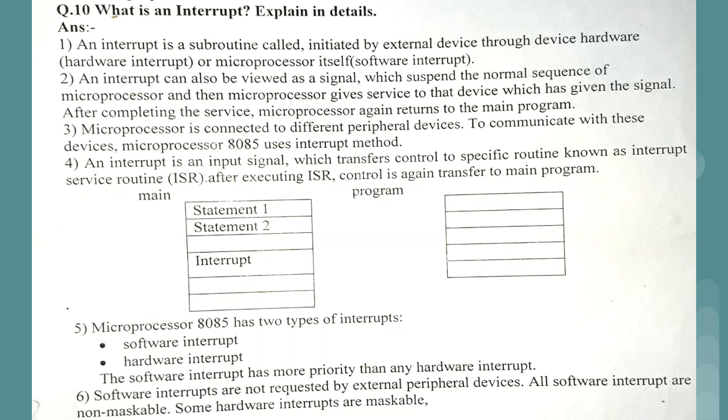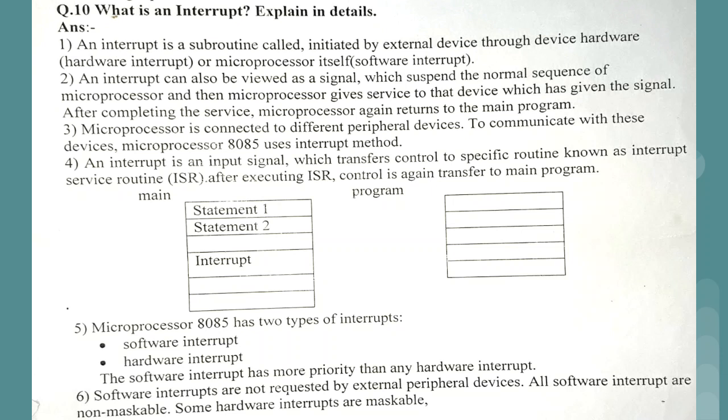And within a void main, when we make a call to the get data function, the control is moved to the get data function, and after execution of the statements present inside get data, we will move back to the main function. The same thing is there in the microprocessor also. That is, in microprocessor also we can create a function.